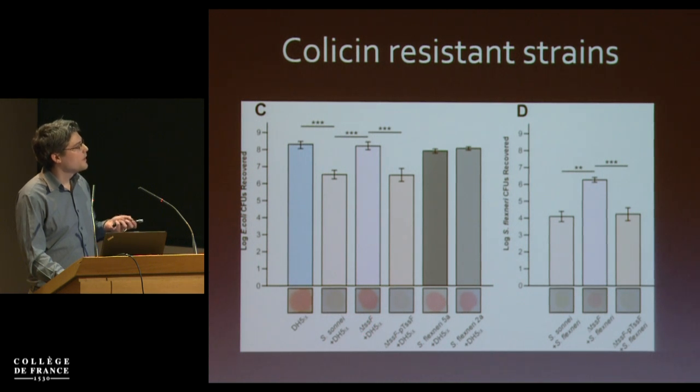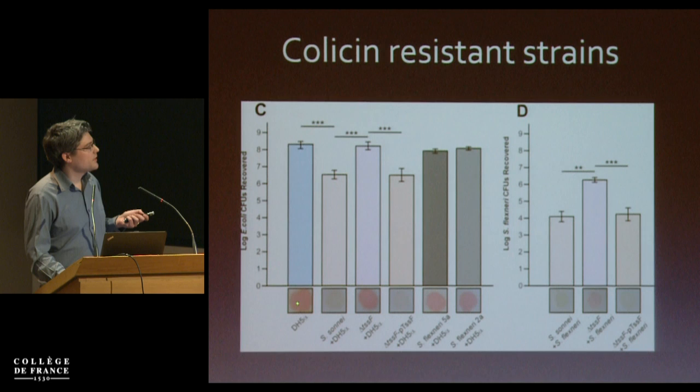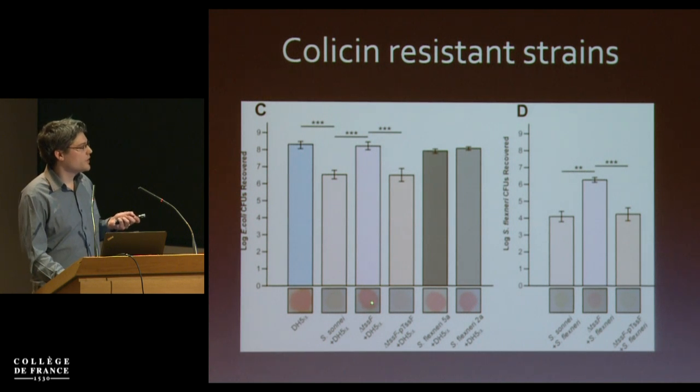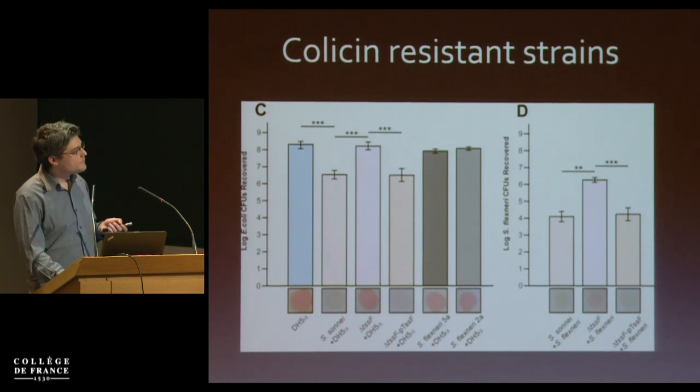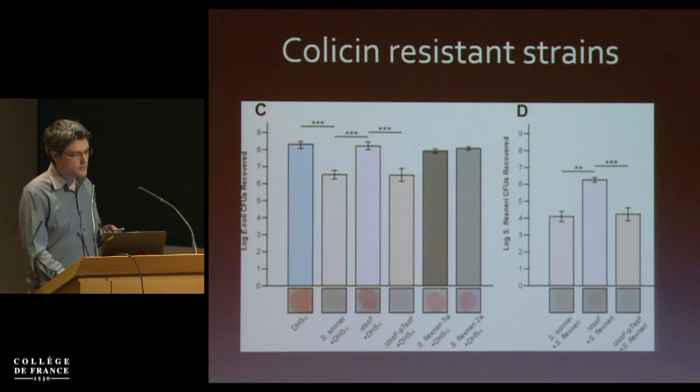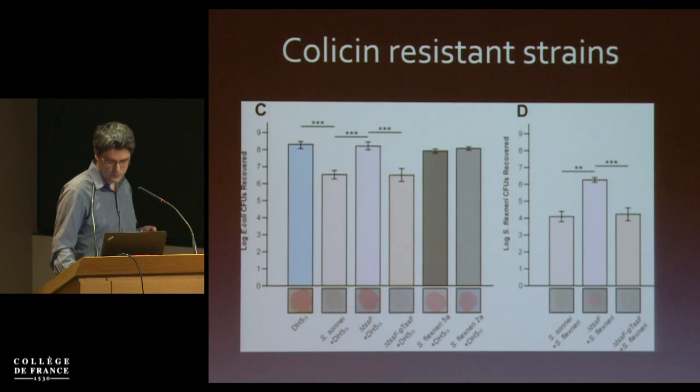We can also visualize this because the E. coli strain we're using has a DsRed fluorescent plasmid. So when it's grown in competition with Shigella sonnei, the colony becomes white, whereas if it's grown with the type 6 mutant, the colony is red. We also tried competing against Shigella flexneri 5a or a more clinically relevant 2a strain, and we saw no competition with E. coli using Shigella flexneri.